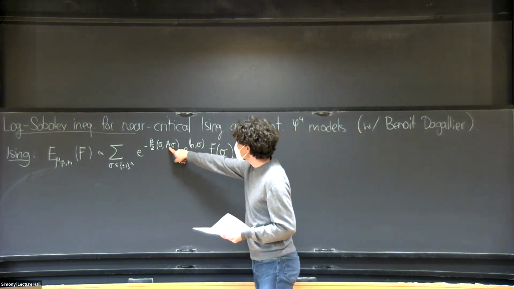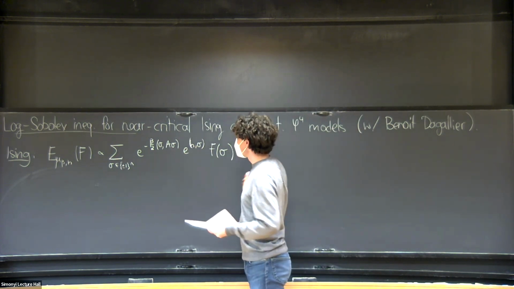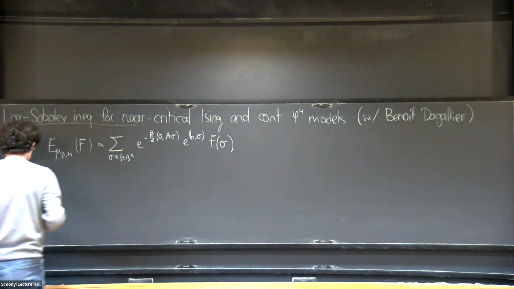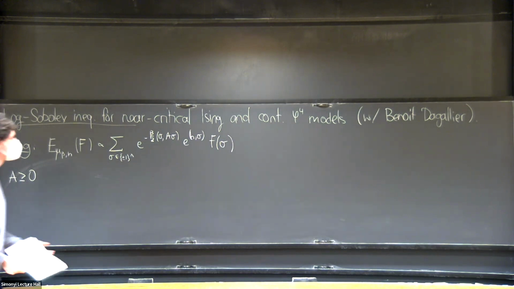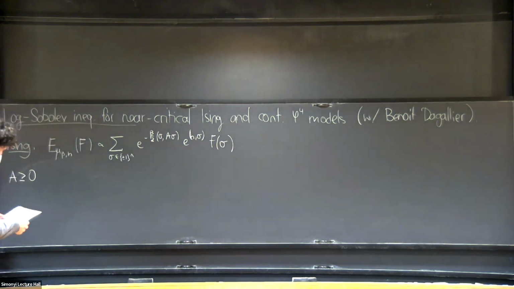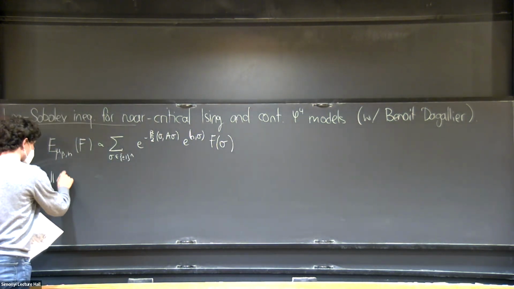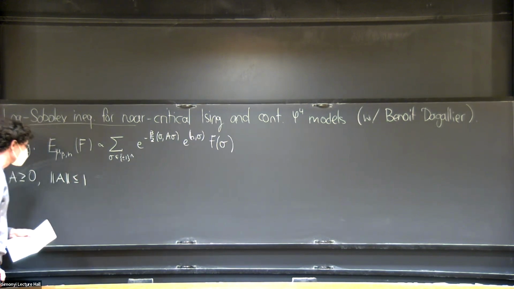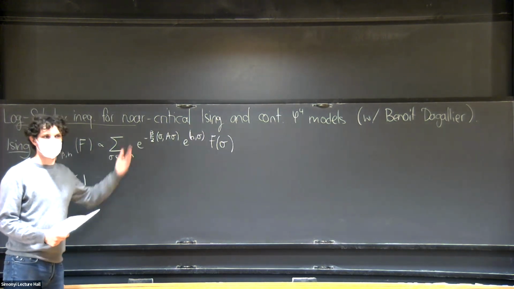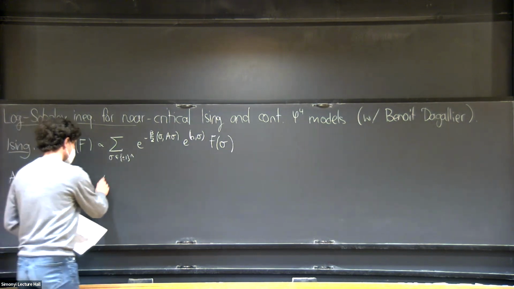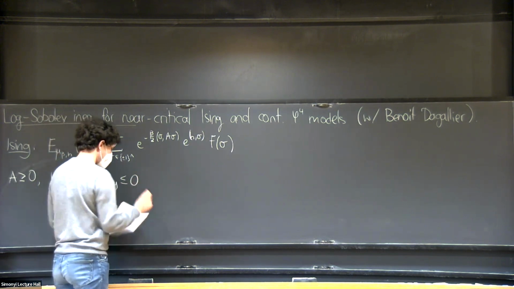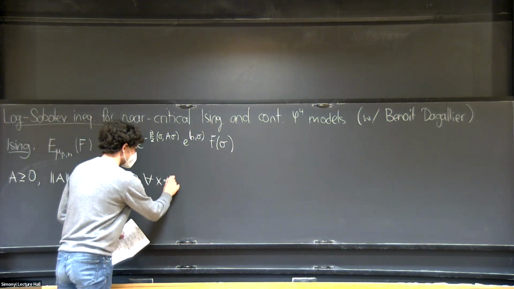I will normalize the model by normalizing this matrix A as follows. I assume that A is positive definite. We can always impose that by possibly adding a diagonal to the matrix A. It doesn't change the model. I'm assuming that the largest eigenvalue of A is less than 1, so this is the operator norm. That also basically corresponds to fixing the temperature in some way. But then it will be important that A has negative off-diagonal entries, so that the model is ferromagnetic.